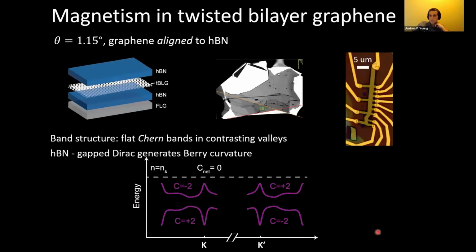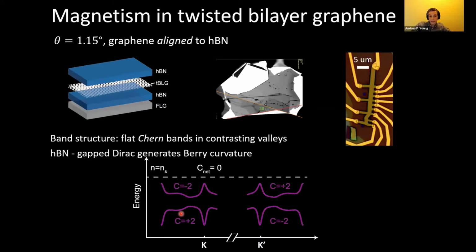So let me show you one result, which is what happens in twisted bilayer graphene when you align it to one of these hexagonal boron nitride substrates in one of these relatively clean systems. In this case, that flat band structure of twisted bilayer is modified so you actually get 2 flat bands that are separated by an energy gap, and that energy gap comes from the alignment of the hexagonal boron nitride lattice to the graphene lattice. So that gaps out the Dirac points that are native to the monolayer graphene structure, but also to the twisted bilayer structure without this alignment. And it generates flat bands above and below 0 energy, in particular flat bands that have a finite Chern number